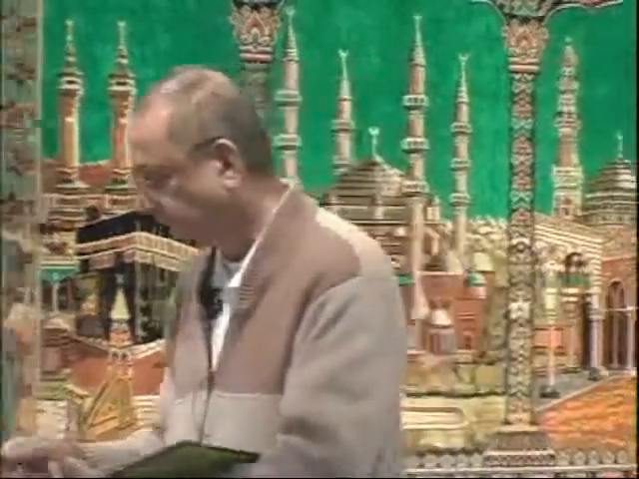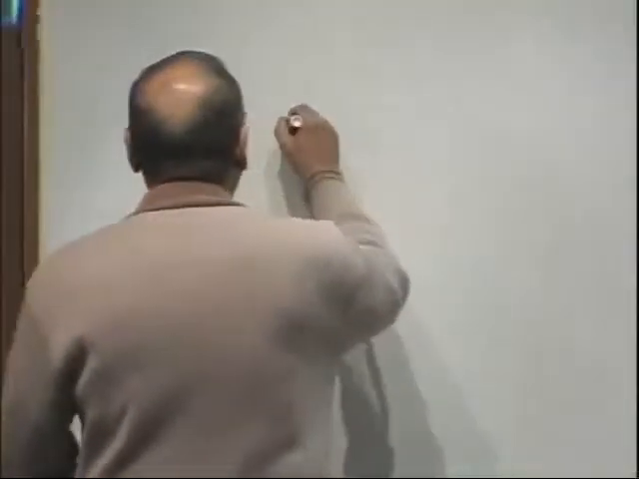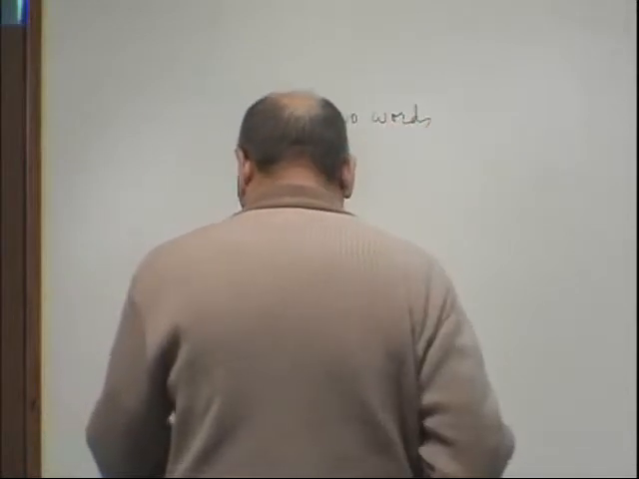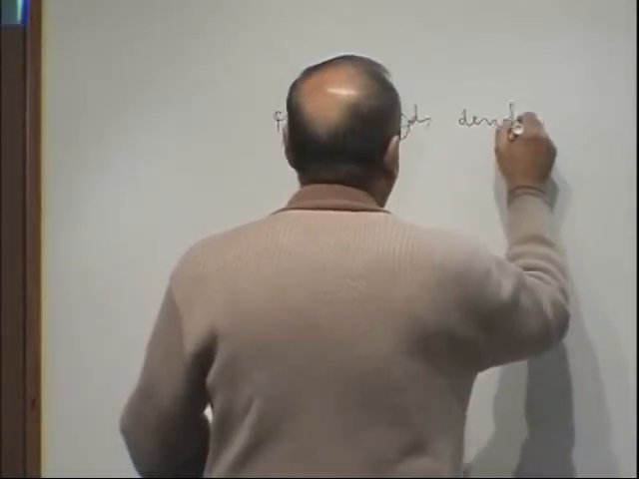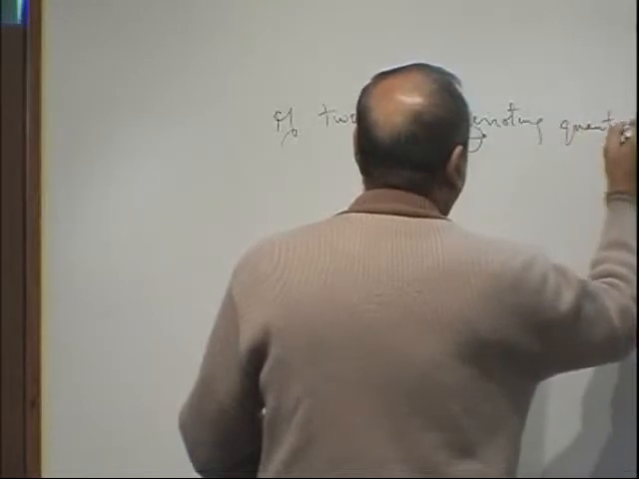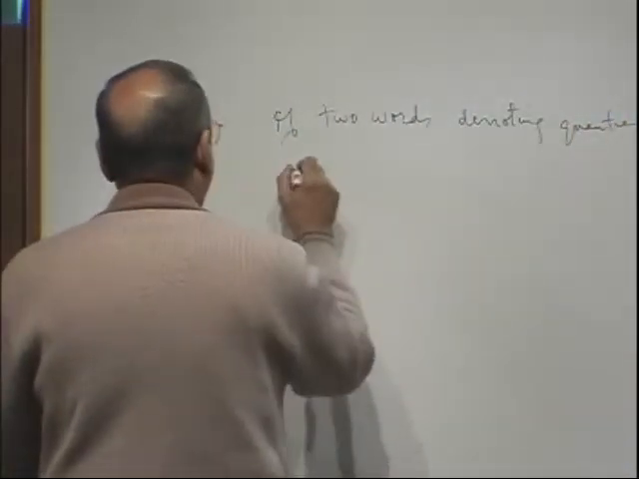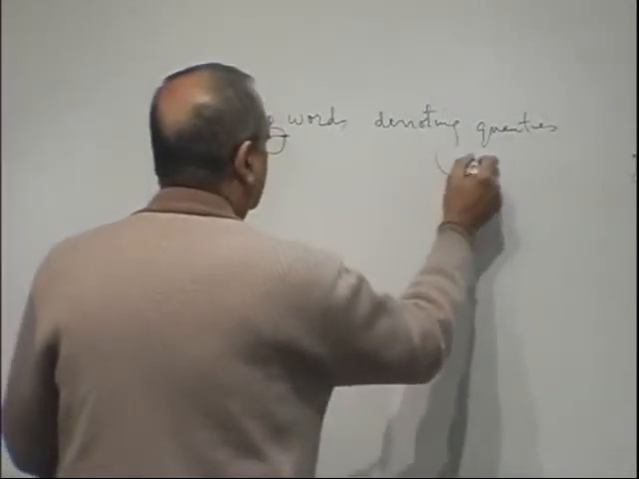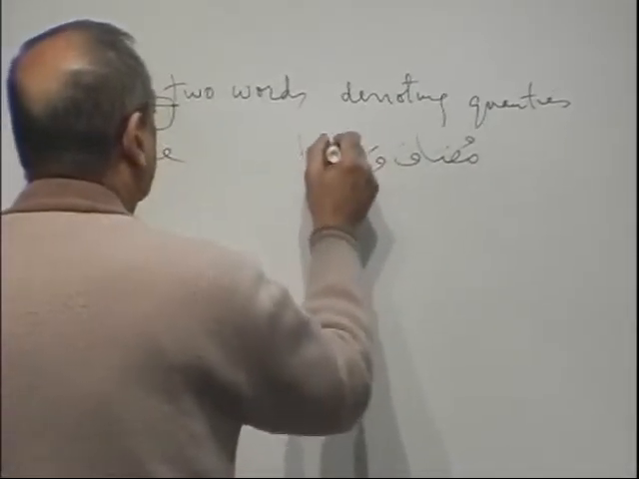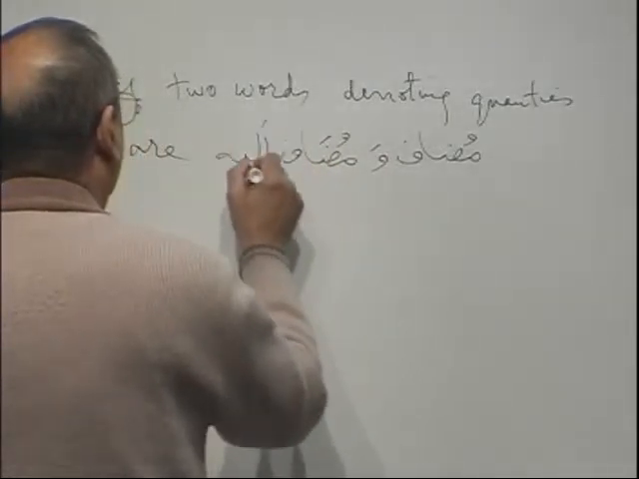If two words denoting quantities are mudaf and mudaf ilayhi. Shall I write down on the board? Okay, I will write down on the board, brothers and sisters. Because this is important, brother. If two words denoting quantities are mudaf wa mudaf ilayhi,